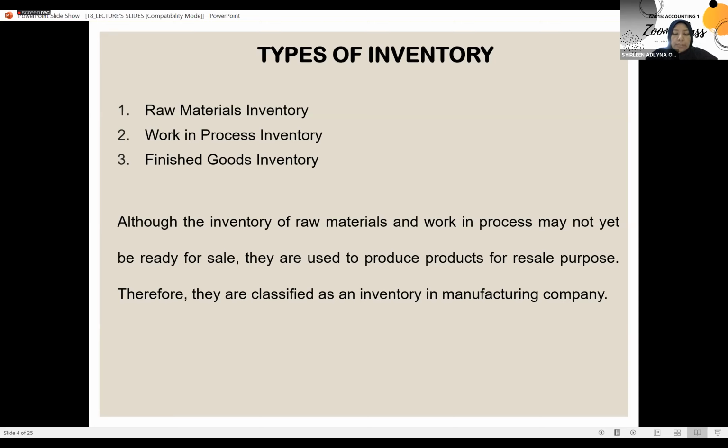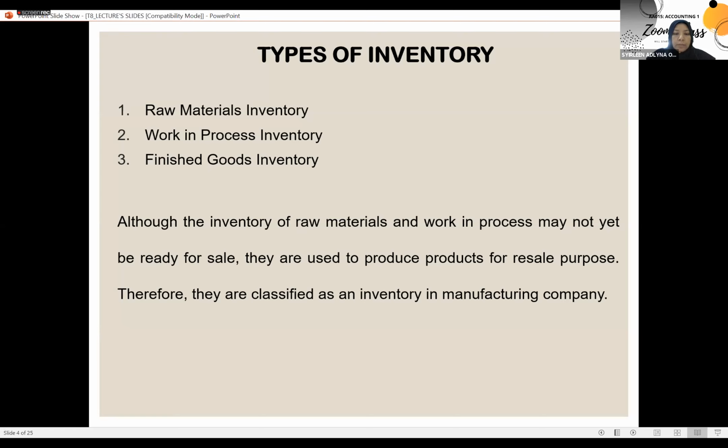So dalam merchandise, you tak ada raw materials and you tak ada work in process inventory because you don't manufacture your own product. So barang yang kita jual semula di pasaran adalah barang siap yang dah dibeli daripada pihak ketiga. That means you got your items ataupun your merchandise from a supplier, in a form of finished goods,